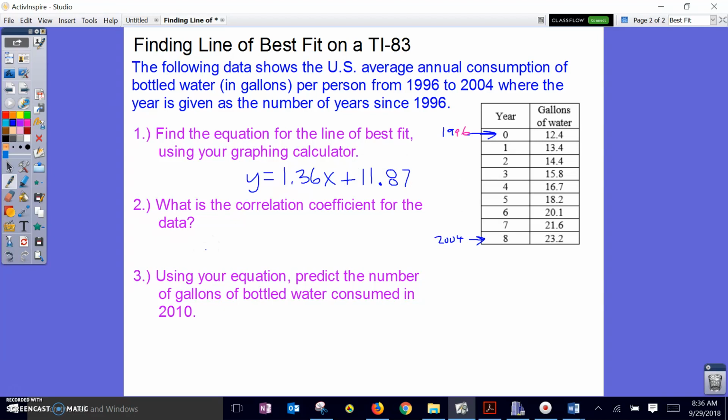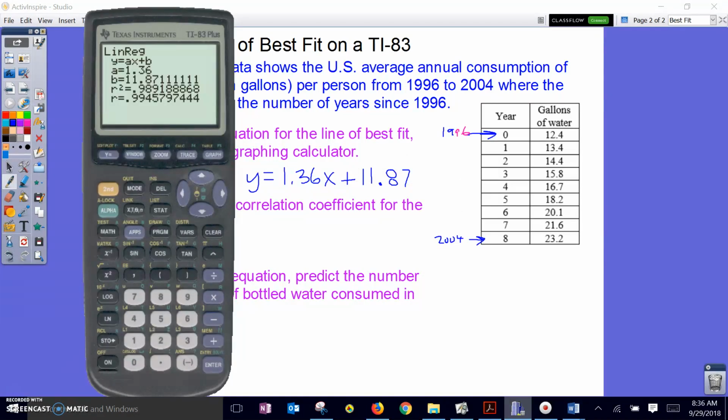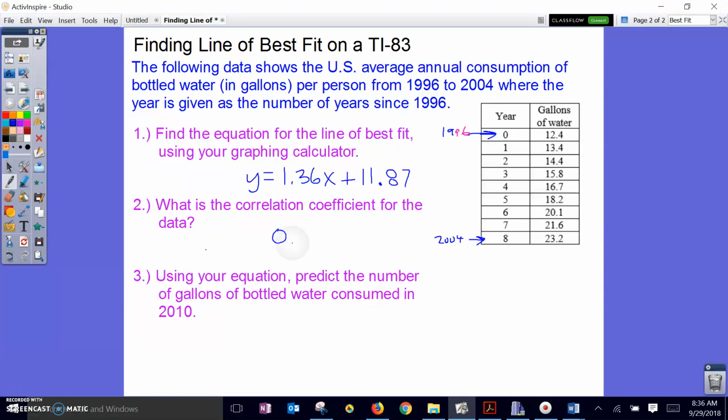And my correlation coefficient, I can read right from that screen. I'm going to round that to 3 decimal places. It's 0.995. Again, that means that our data set has a nearly perfect linear relationship. And in this last question, we're going to do something that we haven't done yet, and that's use our equation for predictive purposes. We're going to use it to predict the number of gallons of bottled water that were consumed